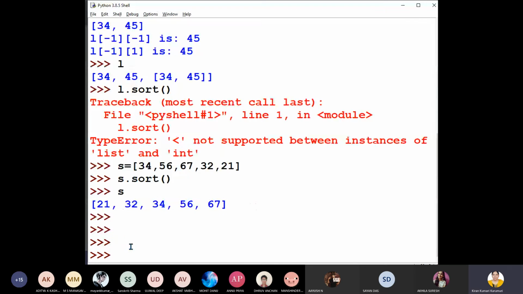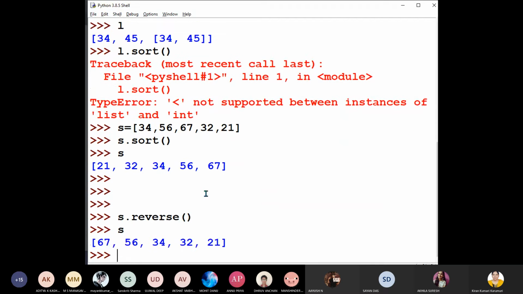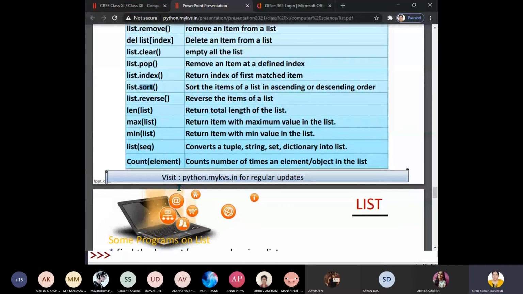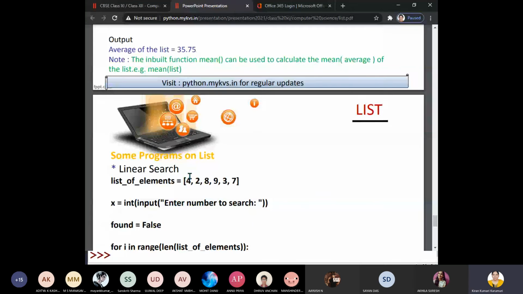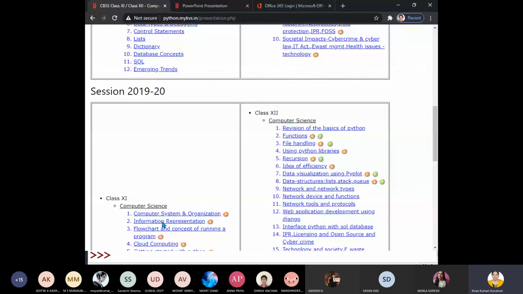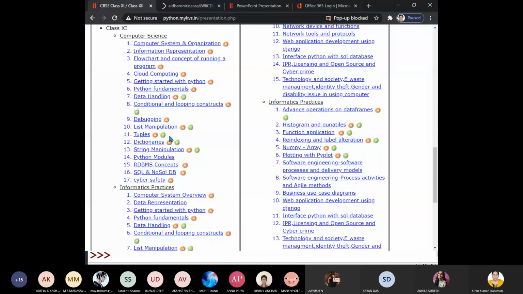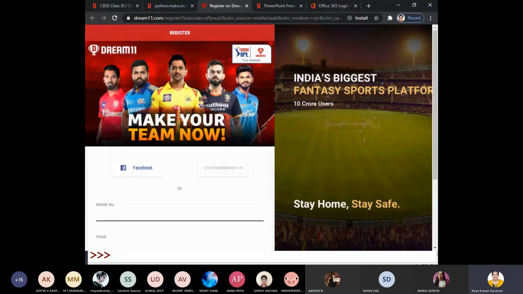Right. So now let us have a reverse of the list. You can see? Have you all noted down, children? Hope you are all noting down parallelly in your notebook whatever I'm doing and showing. Okay, ma'am. Any other doubts here? Do you have any doubts, children? No, ma'am. No doubts. Okay.